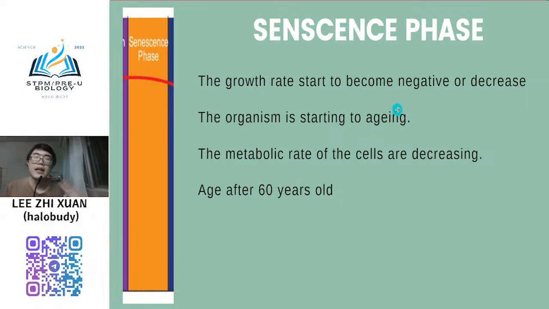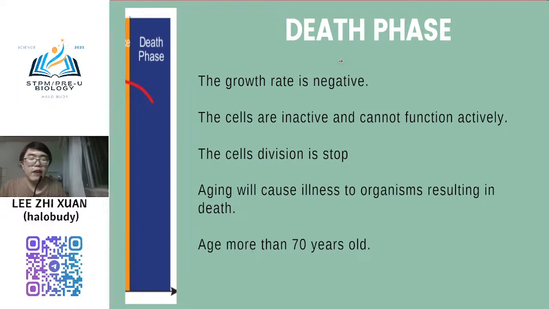You can look at old people, especially your father and mother, you can really see that they have become old, because their skin is no longer like that of young people. So normally when you enter 60 years old, especially in humans when they enter menopause, they start to enter the senescence phase. And then finally everyone will go to the death phase,